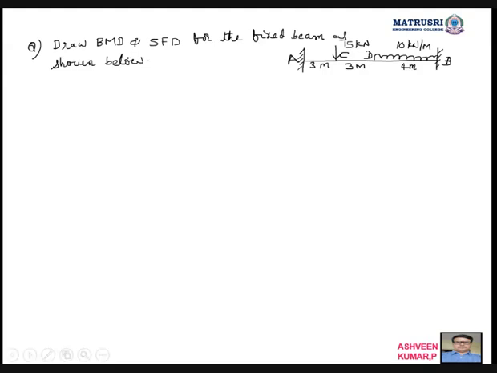So go for the Maclaurin's method to find out the values of VA, VB, MA, MB. So many methods are there, so I am choosing this method. VB, VA. Already I explained this in previous cases, how to take this MA, MB.